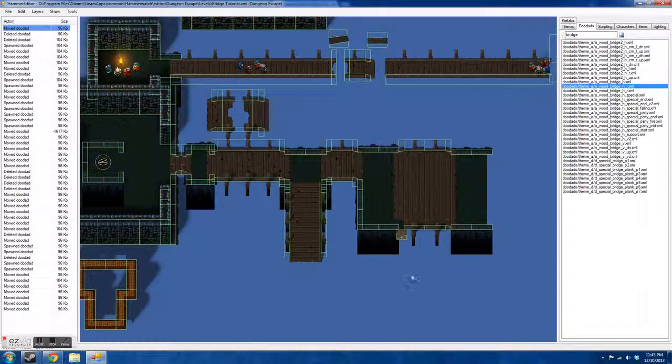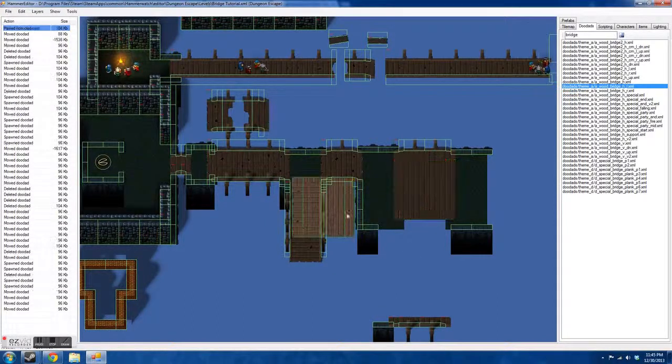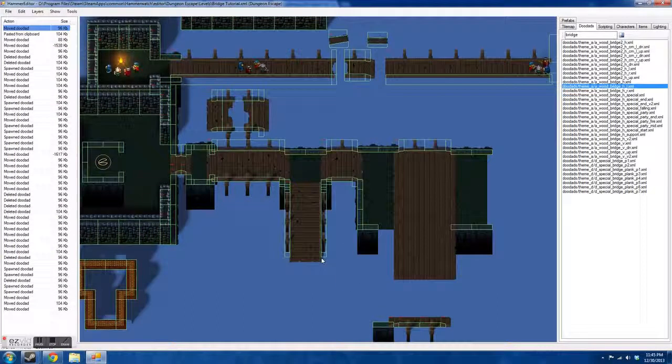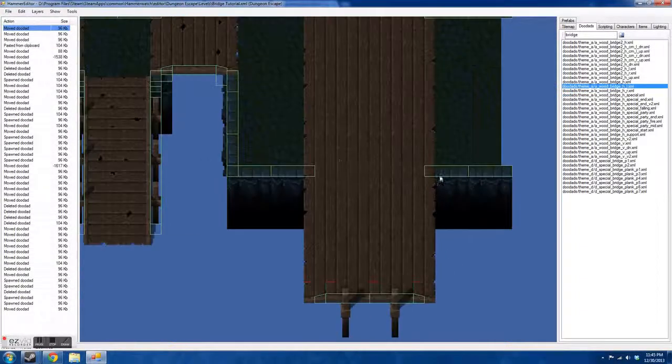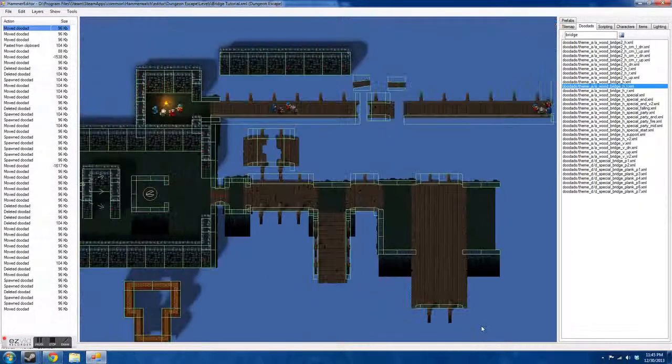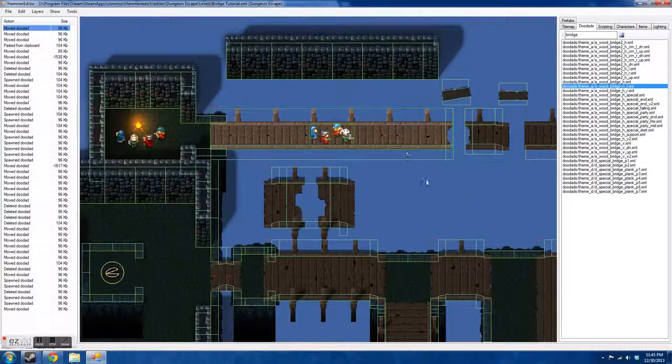You can make these twice as large if you want. Let's do that really quick. I'll move this down here. Copy, paste. Now we have a bridge twice as big. But there's no smaller increments, and so you really can't specify your bridge size very well, which is kind of obnoxious. These bridges are also located in there, but I'm pretty sure these are only meant for cinematic point of